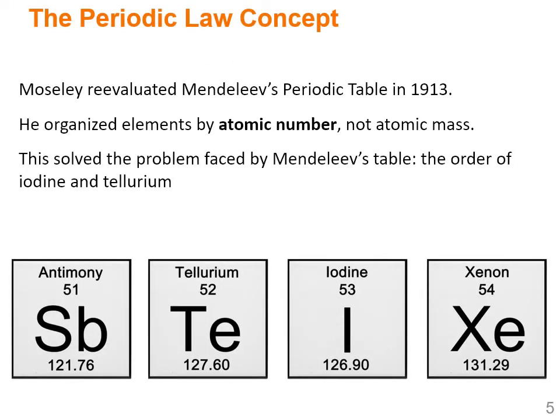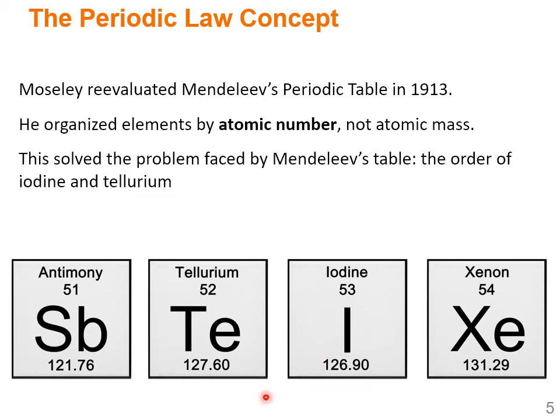Correction to Mendeleev's periodic table came in 1913 by Moseley. Remember, Mendeleev organized the elements by atomic mass, but Moseley did something else. He organized the elements by atomic number. This solved the problem faced by Mendeleev's table, actually, because when listed in the order of atomic mass, the bottom numbers,